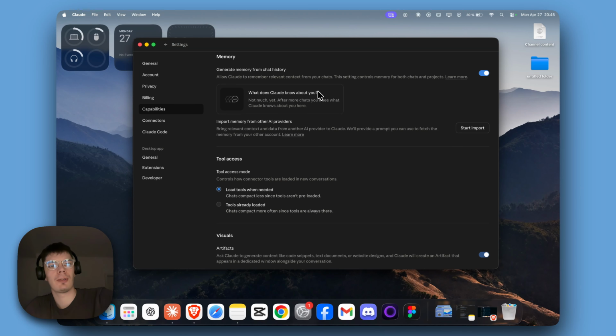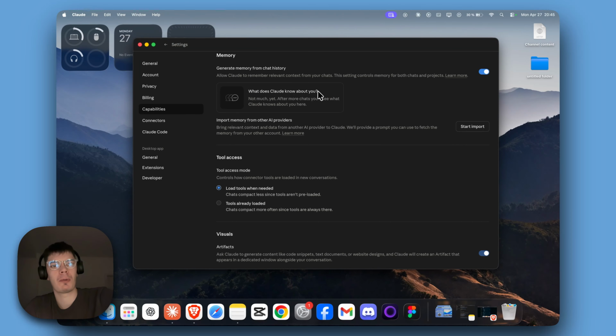This is useful if you use Claude regularly and you are tired of explaining the same context every single time you start a new chat. Also, memory works only across new conversations, but it won't go back and remember things from before you turn it on. So that's basically how you can turn on